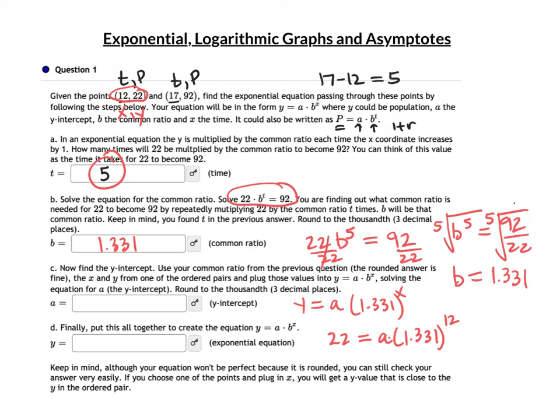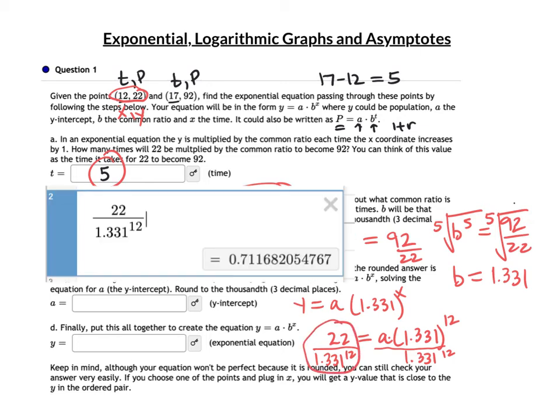And this is time, so we'll divide both sides by 1.331 to the power of 12. Put this in Desmos, and we got it. The result of that division to the 1,000th, we're looking at the 6, that'll make the 1 a 2, is